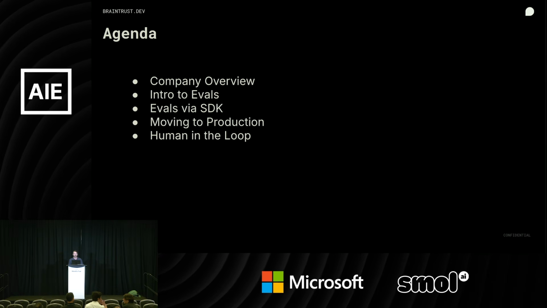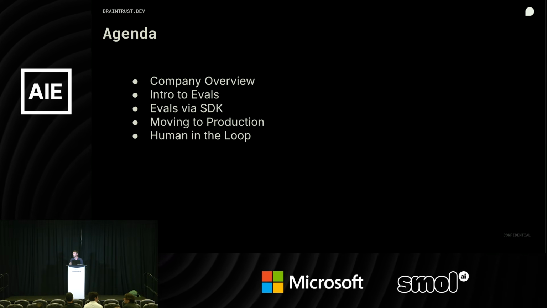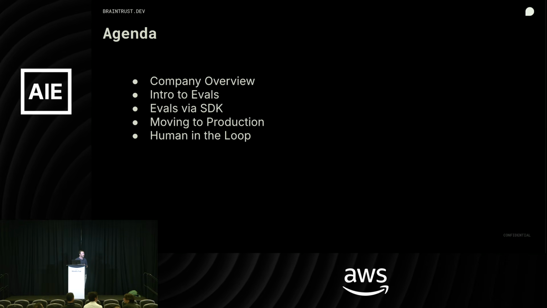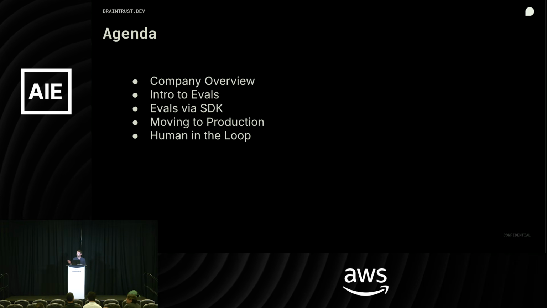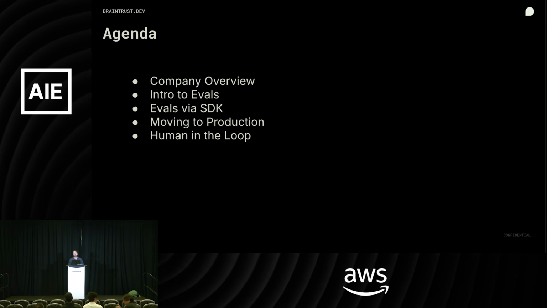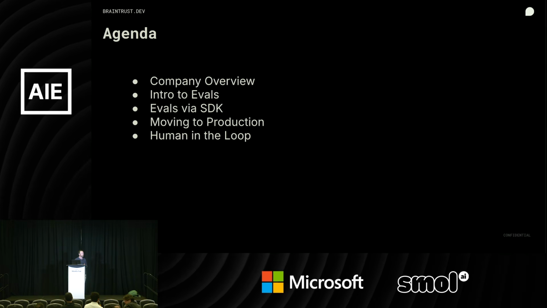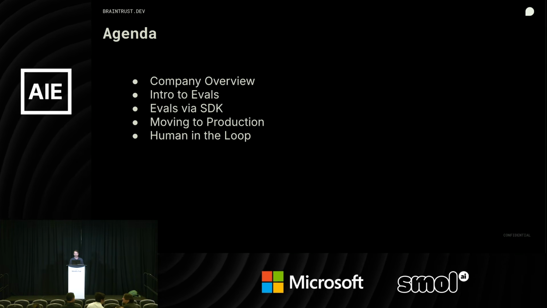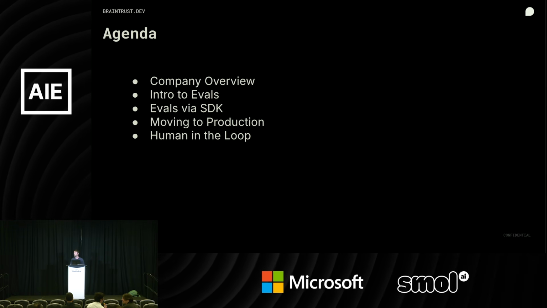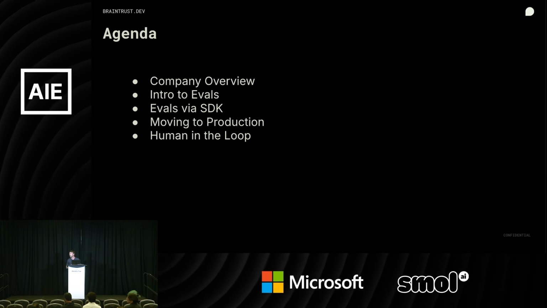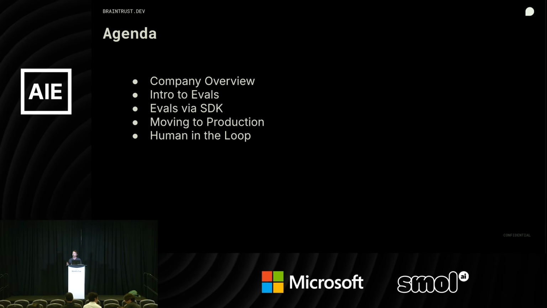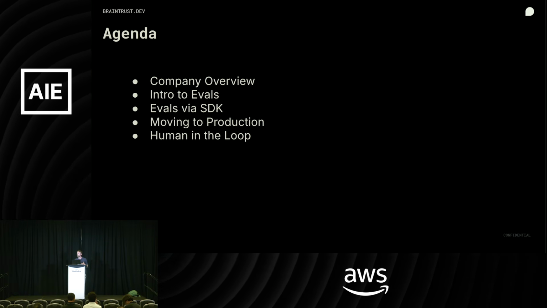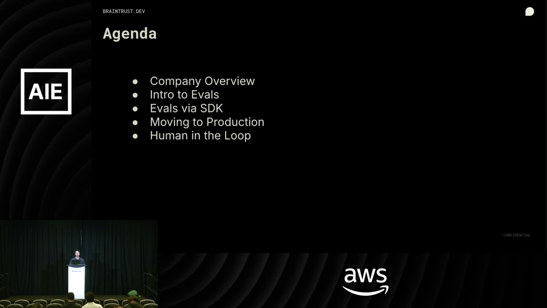I think it's a really cool thing that we can connect the local development that we're doing with what we're doing within the platform. And then how we then move to production. This is maybe human review. This is online scoring. So how well is our application performing in production? And then lastly, a little bit of human in the loop. Getting user feedback from your users. How do we now take some of these production logs and feed them into the data sets that we're using in our evals, creating this really great flywheel effect.